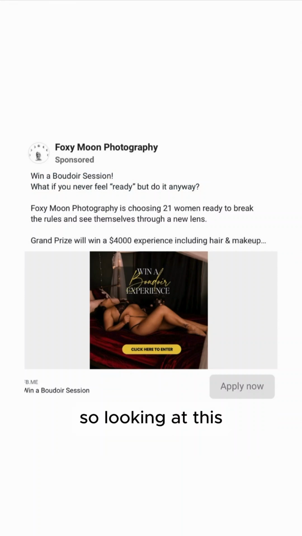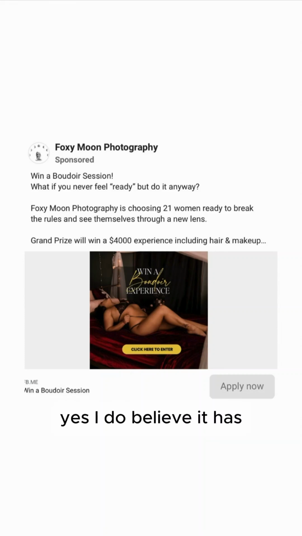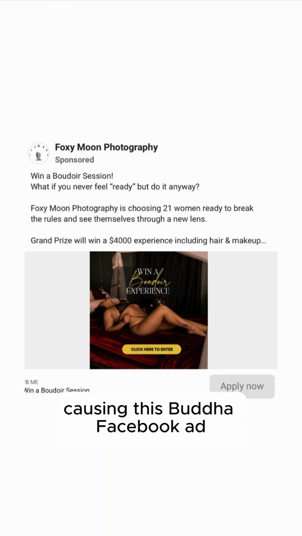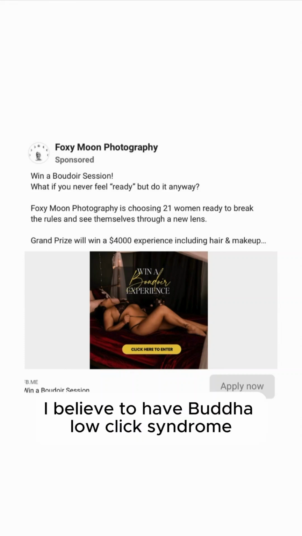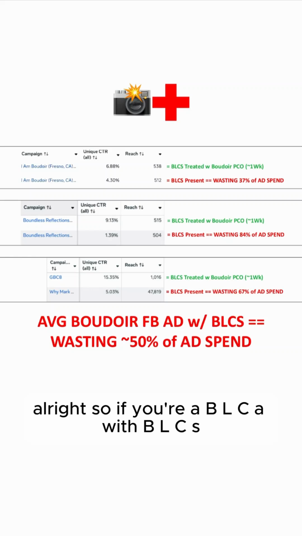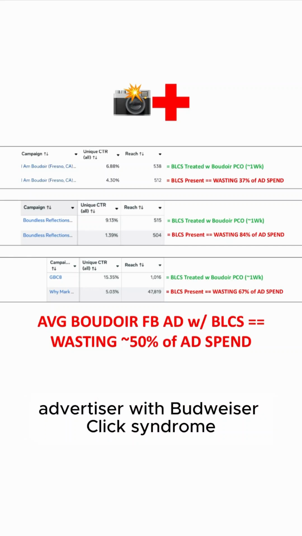So looking at this, yes, this boudoir Facebook ad, yes, I do believe it has the unique CTR under 6%, causing this boudoir Facebook ad, I believe, to have boudoir low click syndrome. All right, so if you're a BLCA with BLCS, so if you're a boudoir low click advertiser with boudoir low click syndrome,